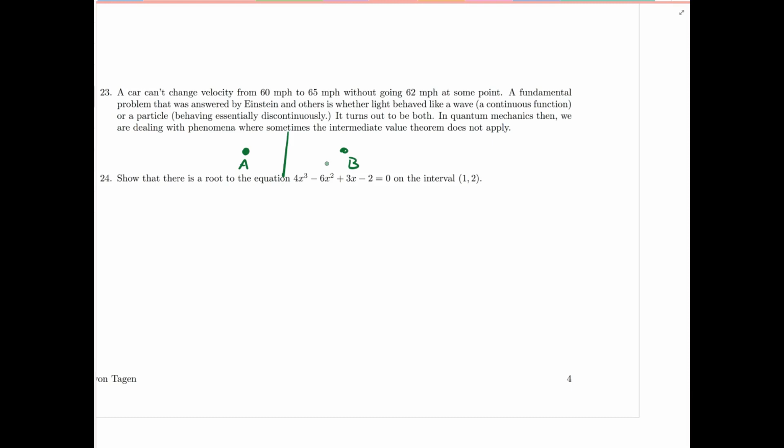All right, so let's look at one more example. In question 24 here, we're asked to show there is a root to this equation on the interval from 1 to 2. Okay? So we want to guarantee, by root we mean an x value that when we plug it into this expression, it outputs 0. So let's go ahead and give ourselves a function so we can give a name to everything. So let's say f of x is equal to 4x cubed minus 6x squared plus 3x minus 2. Okay? I'm saying prove there's a 0